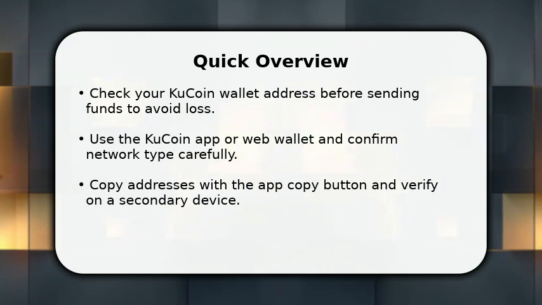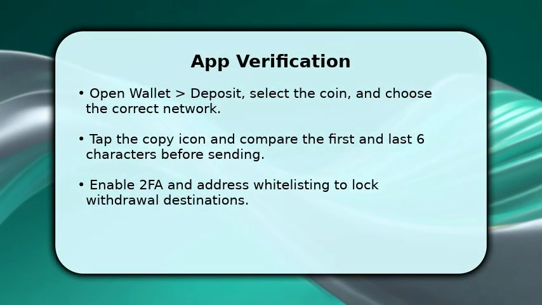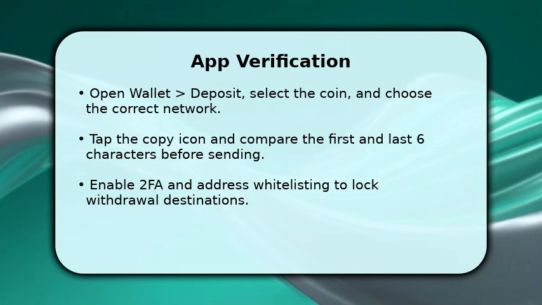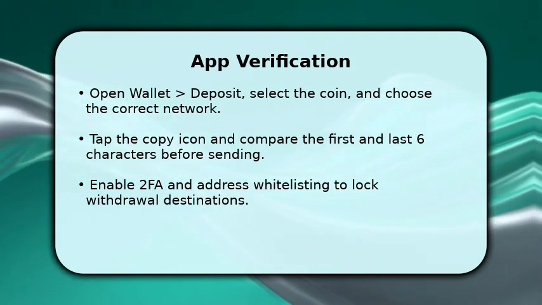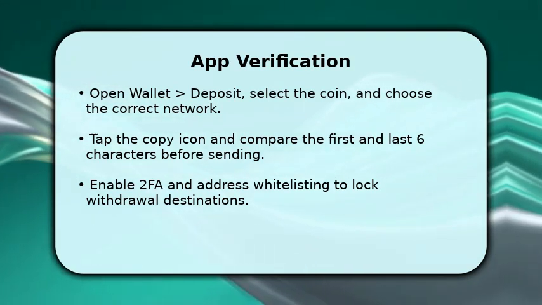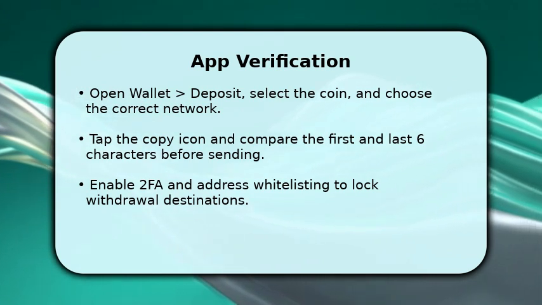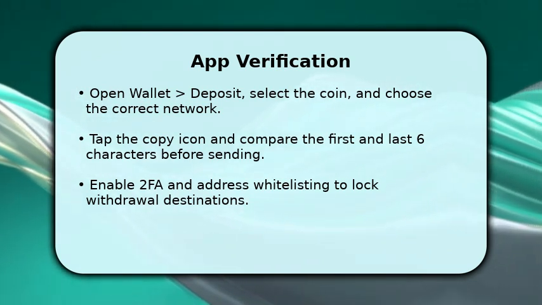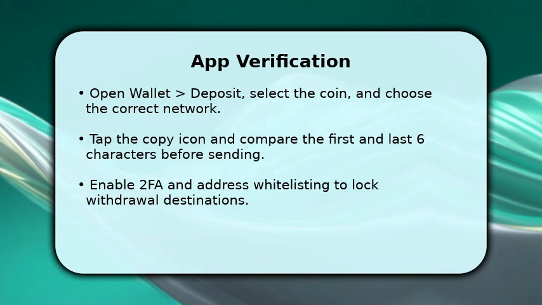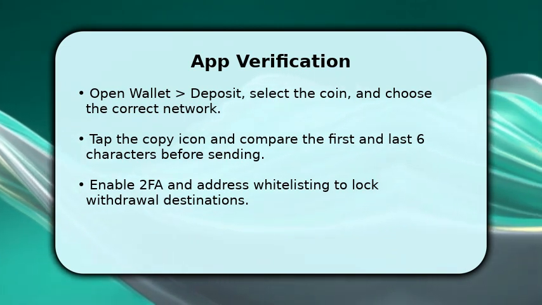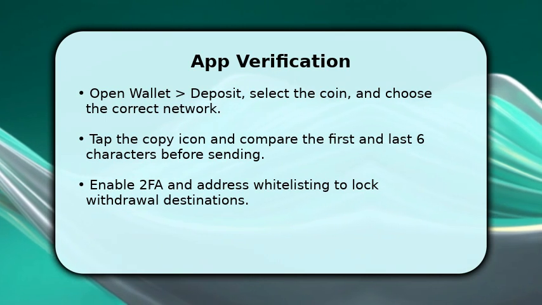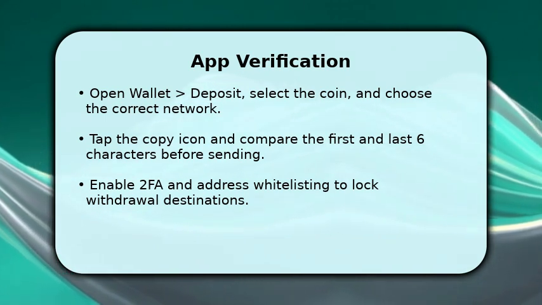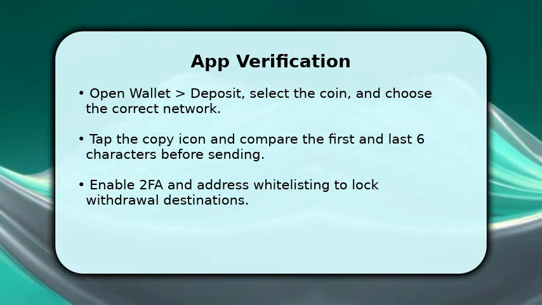and lost funds. Open KuCoin on your phone and navigate to Wallet, then Deposit to display a wallet address for the chosen coin and network. Copy the address using the app button and immediately compare the first and last 6 characters to any stored address you have. If available, enable 2FA and address whitelisting to add a layer of protection before initiating any transfer from